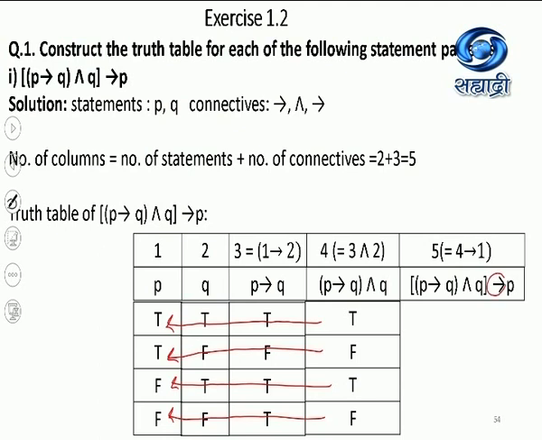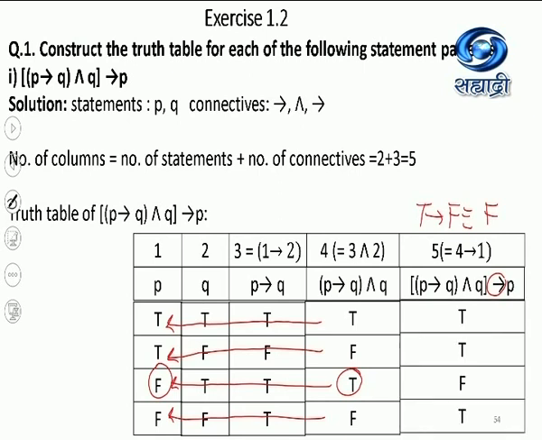Now I'm using the implication, so the hint here is only T implies F is F. See the arrow where it is pointing. I'm reading the value from the fourth column and then the value from the first column. T implies T. Second row, F implies T. Third row is T implies F. So only the third value will be F and all other truth values will be T.